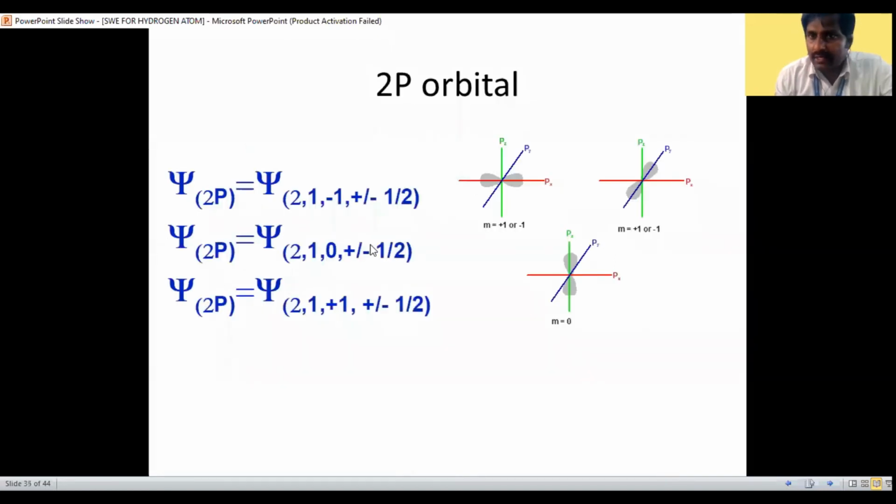And for 2p orbital, how we can write psi of 2, 1, minus 1. See, for each orbital we have written the complete wave function solution for these 3 orbitals. Plus 1, minus 1. This is a 2pz orbital. This is the m value 0. That means this corresponds to this orbital and this corresponds to this and this corresponds to this. Okay, for 3p orbitals we have written the complete wave function solution with respect to n, l, m and s.